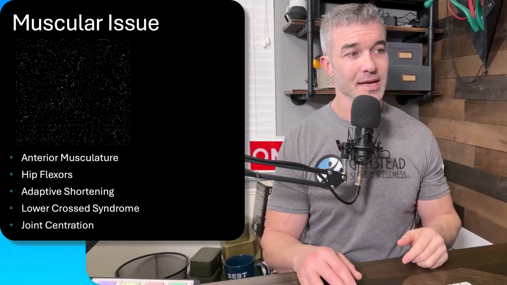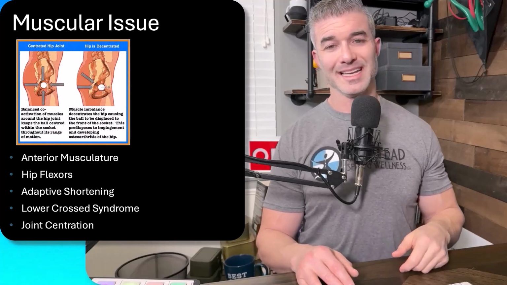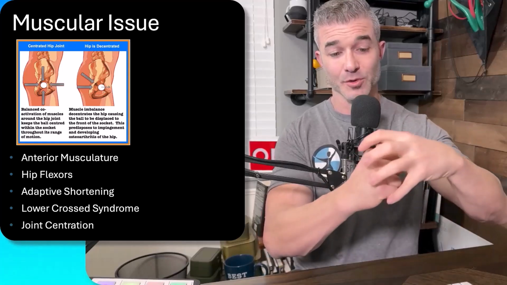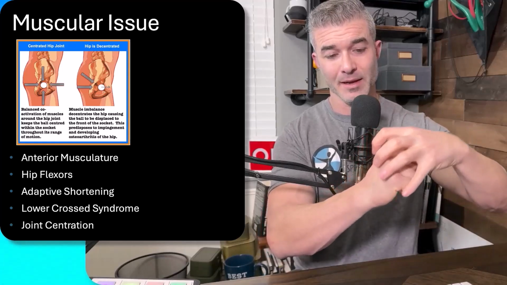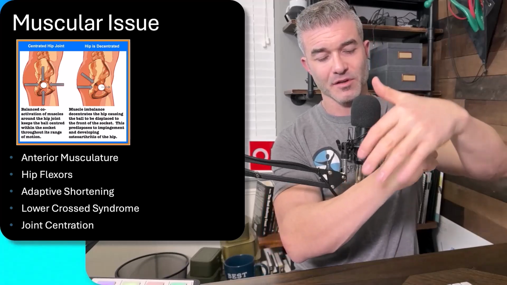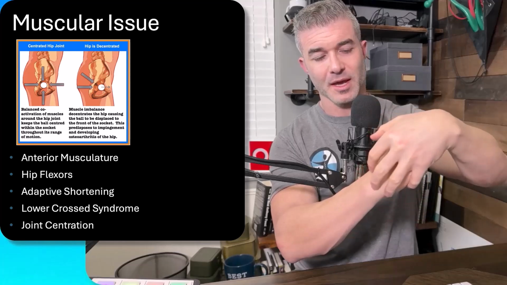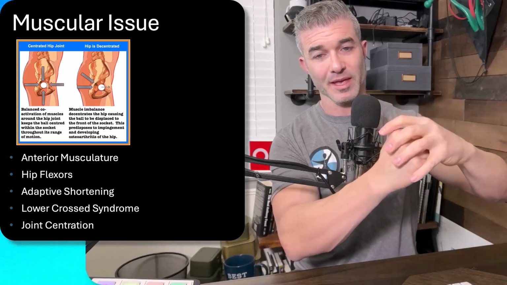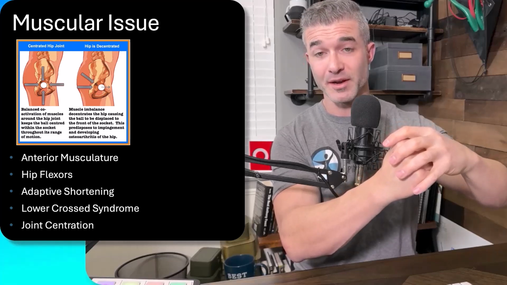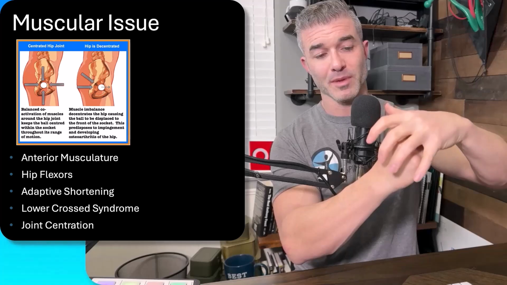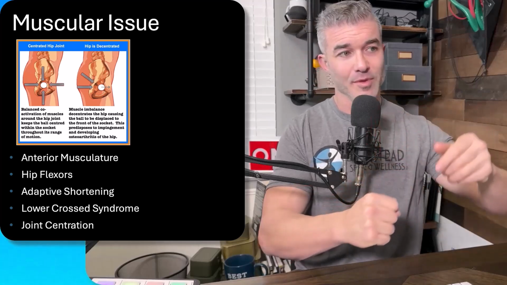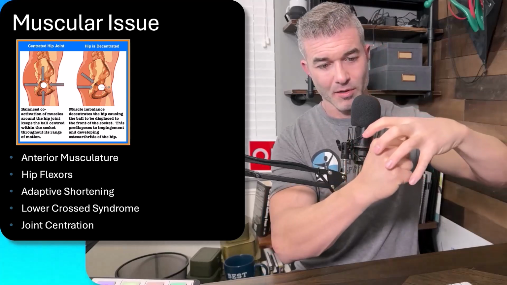It's important to understand. And then this concept of joint centration. Now this rounds out everything that we're talking about and ties back into actual ball and socket hip pain. What centers that ball in the socket? It's the muscles in the front of the thigh, the hip flexors, and the muscles in the back, which are the hip extensors, like the glute maximus and those deep external rotators. If there's a good balance between the muscles in the front and the back, the hip sits right in the center of the joint. In the diagram, you can see that circular white ball, that is the head of the